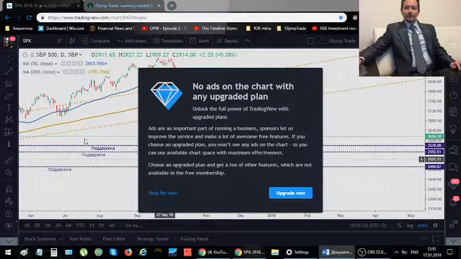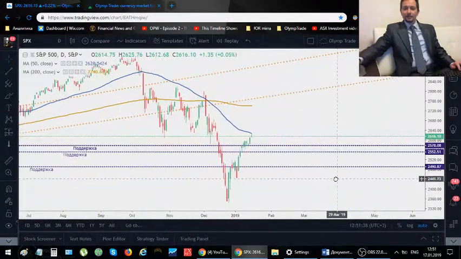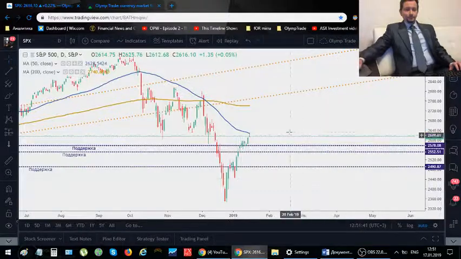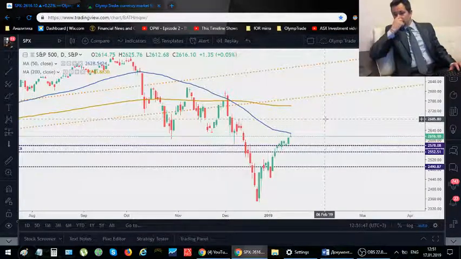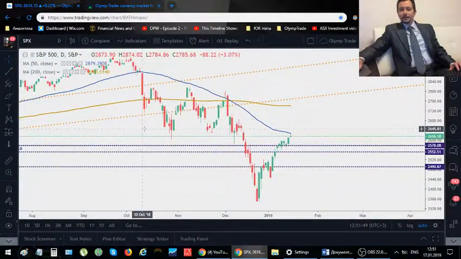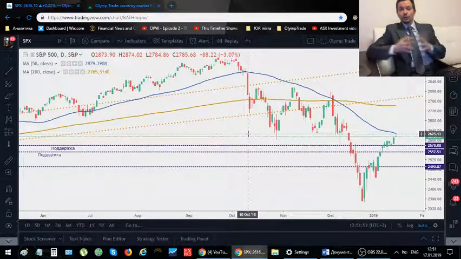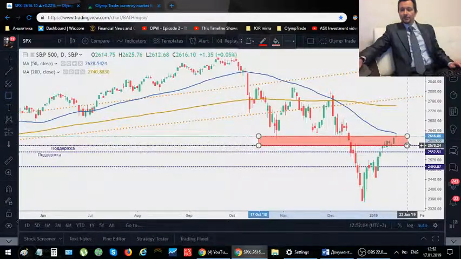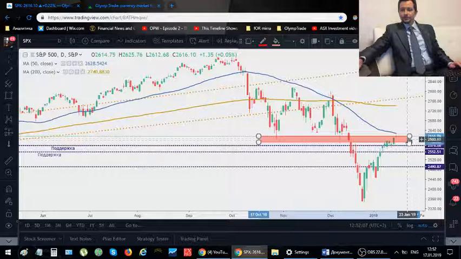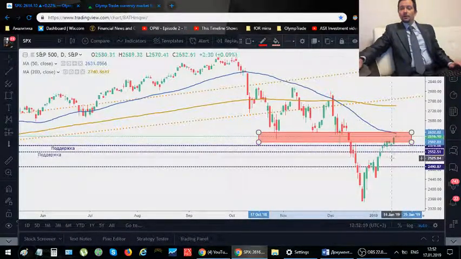So now that we know that sound is good, let's have an overview of the market about what's been happening the last week, last month maybe. So here we have the S&P 500. We can see that there's really this nice area that we have returned to, which provides no clear entry points for us. It's a very important point for interest, and it shows no clear follow-through. So here, this area that we're doing business in, there's no clear trade signal for us to trade this instrument right now.